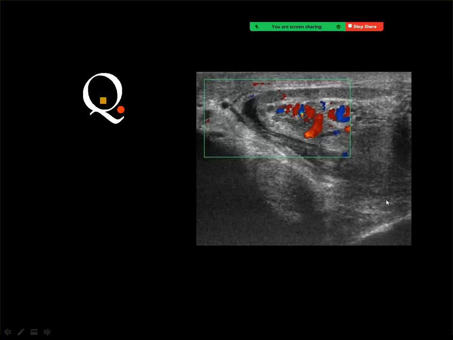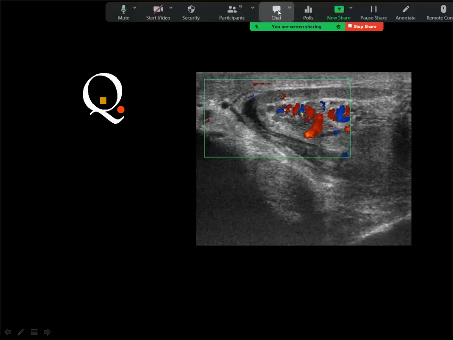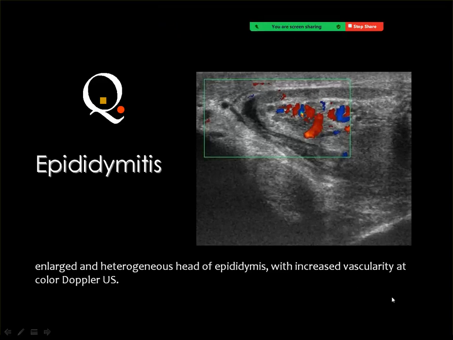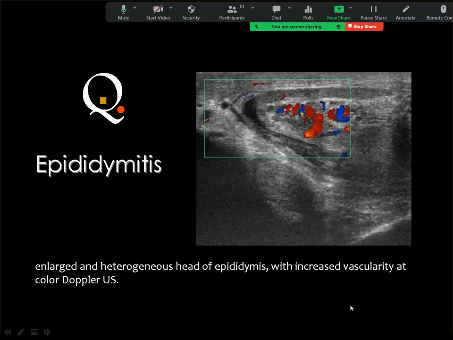Okay, and this is the epididymis, as you know. This is the site of the testicle, and this is the epididymis. And you can easily appreciate the presence of marked Doppler flow in the epididymis, which means that there is some sort of inflammation, and this is characteristic